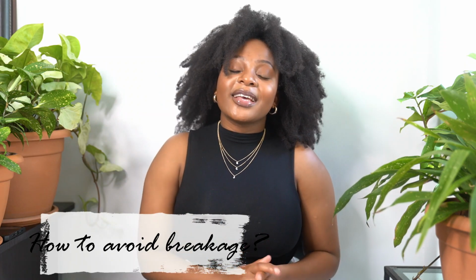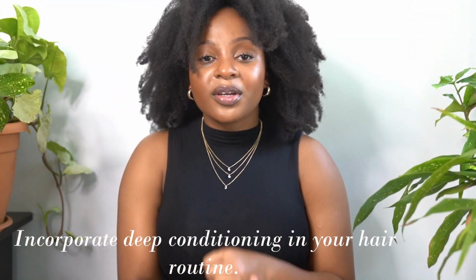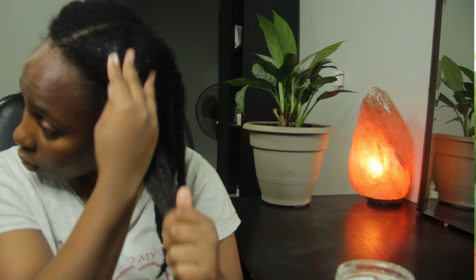So the first thing is moisture. Moisture is the name of the game. If you want to retain as much length as you can, you have to make sure that you at least deep condition once a month. I deep condition every single time that I wash my hair. So if I have washed my hair 4 times that month, it means I'm going to be deep conditioning 4